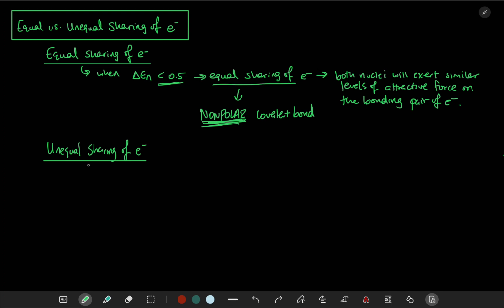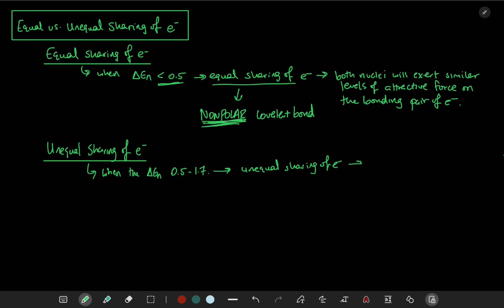Unequal sharing of electrons will happen when the difference in electronegativity between the 2 atoms in a bond is between 0.5 and 1.7. When the 2 atoms in a bond have an electronegativity difference of between 0.5 and 1.7, you end up with unequal sharing